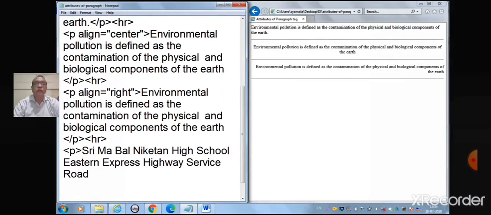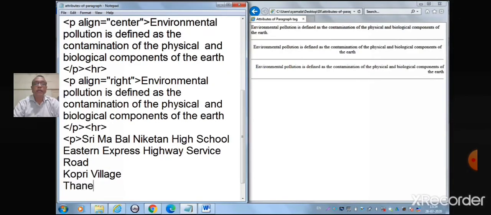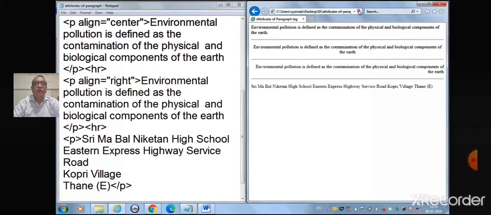Enter. Kopri Village. Enter. Thane East. Save it and refresh it on the browser. So it has come in a single line, whereas I need a break after High School, a break after Service Road, a break after Kopri Village.